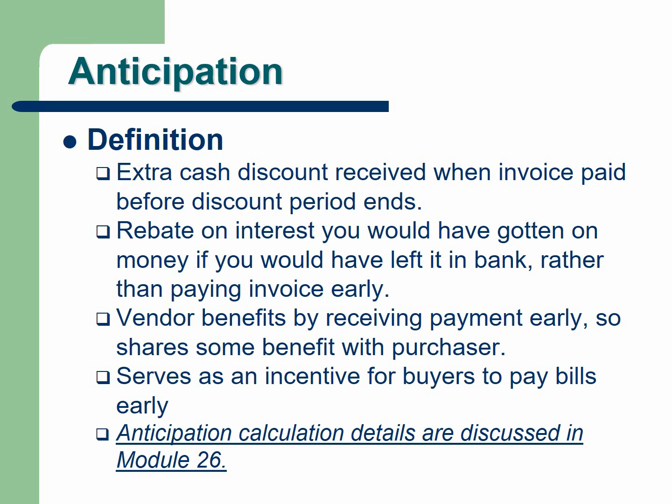So when we discuss all the different kinds of dating terms that determine how many days of cash discount you can get and when your absolute payment is due, you will finally be able to figure out how to calculate the anticipation dollar and the exact dollar for the cash discount, etc. So we will deal with the calculation aspect of anticipation in the next module. But in this module, I would like you to remember that anticipation is the extra cash discount, a kind of rebate on the interest the buyer might have gotten from the bank if the money had been sitting in the bank instead of being used to pay the bill.